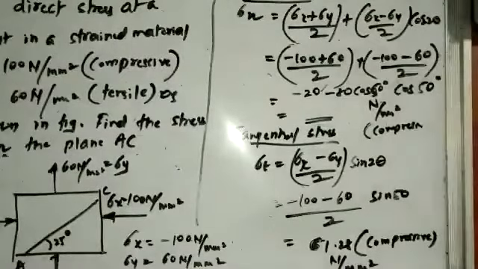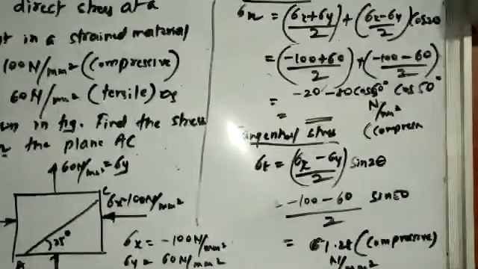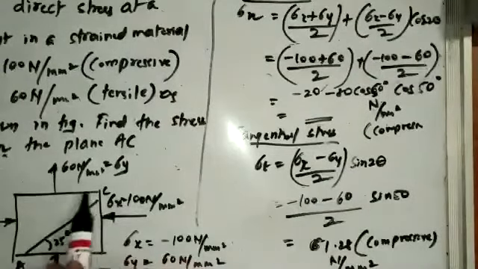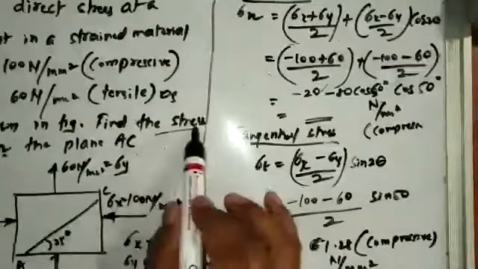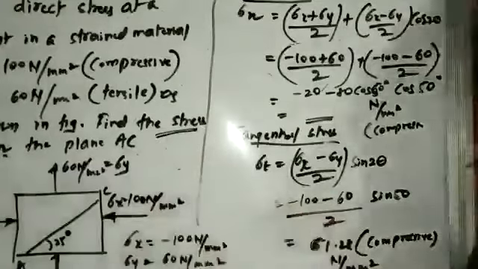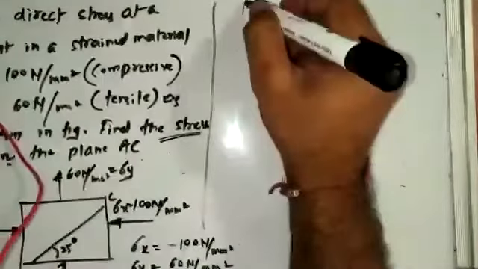Okay, let us quickly go to the next type of problem. One more category is there in which you have to include shear also. That derivation we have already done. Before that, they have asked you to find the resultant stress also. Finding the stresses means you have to find everything: normal stress, tangential stress, resultant stress. What is the resultant stress formula? It is the square root of